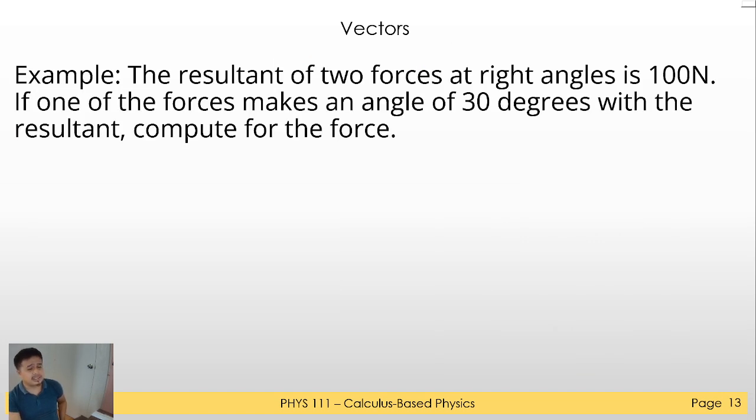Okay, let's have an example. The resultant of two forces at right angles is 100 newtons. If one of the forces makes an angle of 30 degrees with the resultant, compute the force. So let's visualize the problem. Let's say this is your resultant. Two forces at right angles, meaning this is component 1 and this is component 2. This is the component in x, so let's call this A sub x, and this is A sub y, and this is your A. So what we want to solve here is the